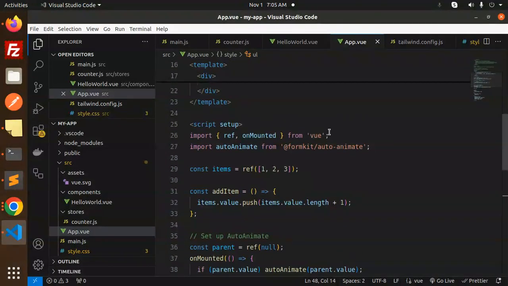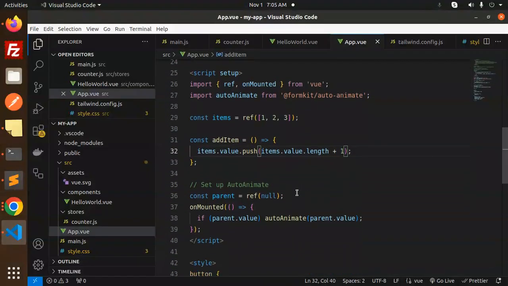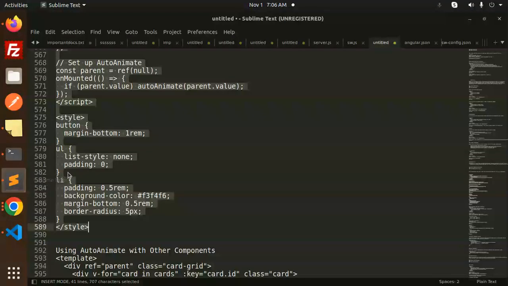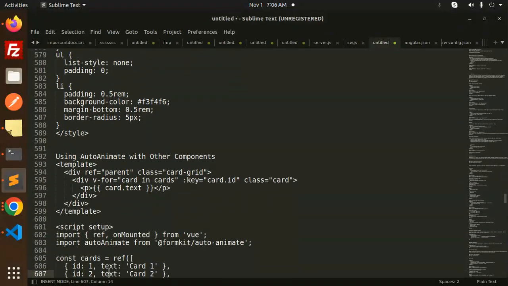Here you can see AutoAnimate from FormKit, AutoAnimate, right? So whenever there is an add item push, what we have done is, on mounted, set up AutoAnimate with the parent reference as null. So if parent.value exists, then autoAnimate the value whenever the parent value is there. Okay, so this is how we can add animations like this using AutoAnimate with other components, like